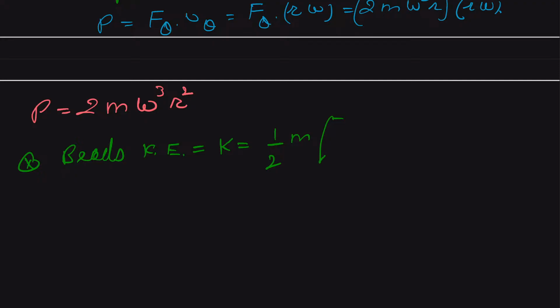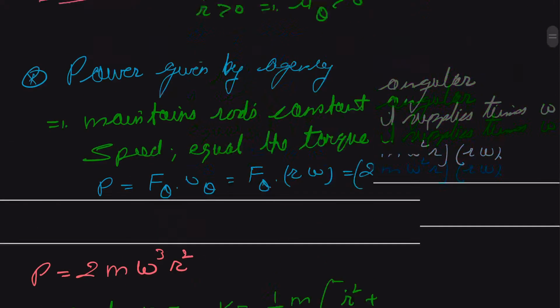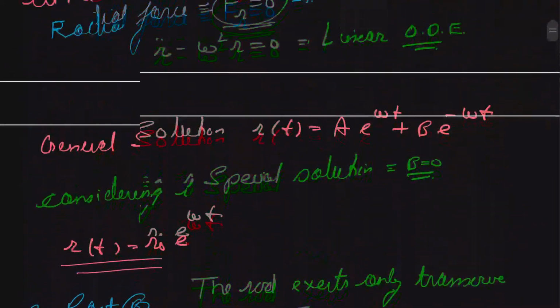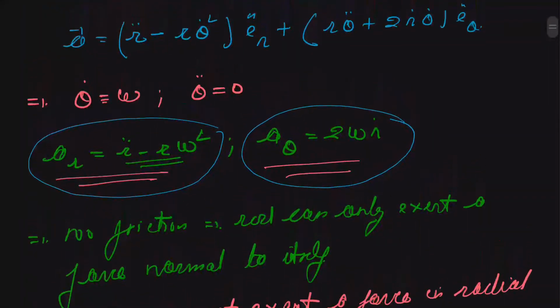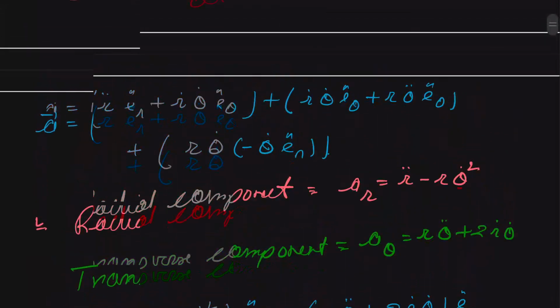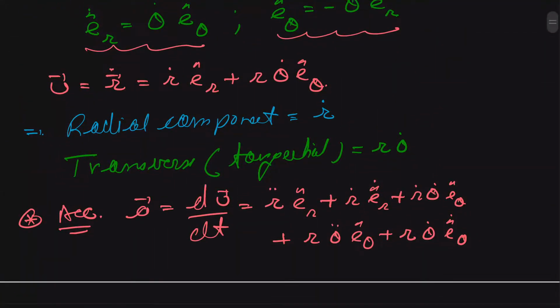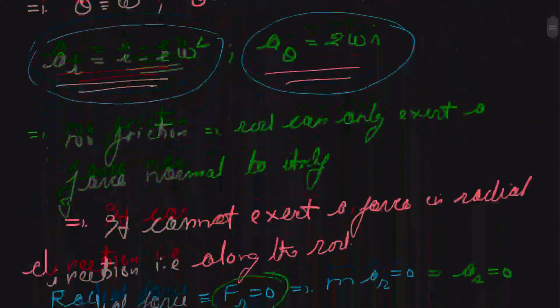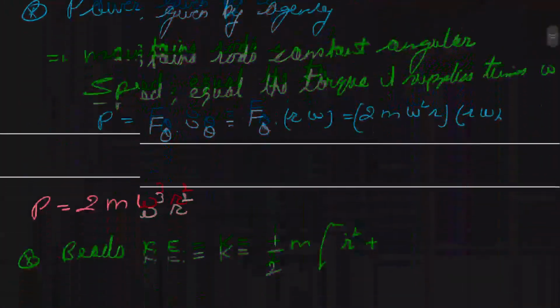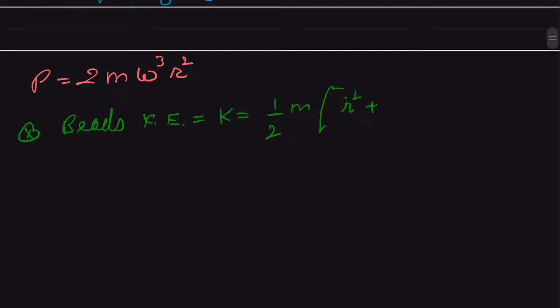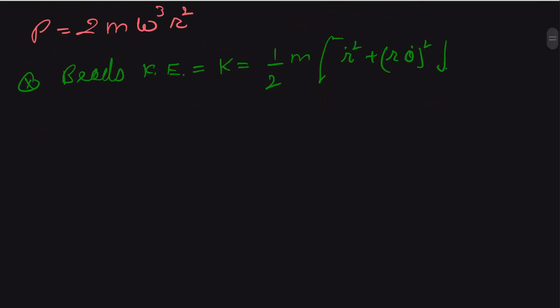The equation is r dot square plus r theta dot plus r theta, whole square, and we can just solve it. We get our kinetic energy is equal to half m,